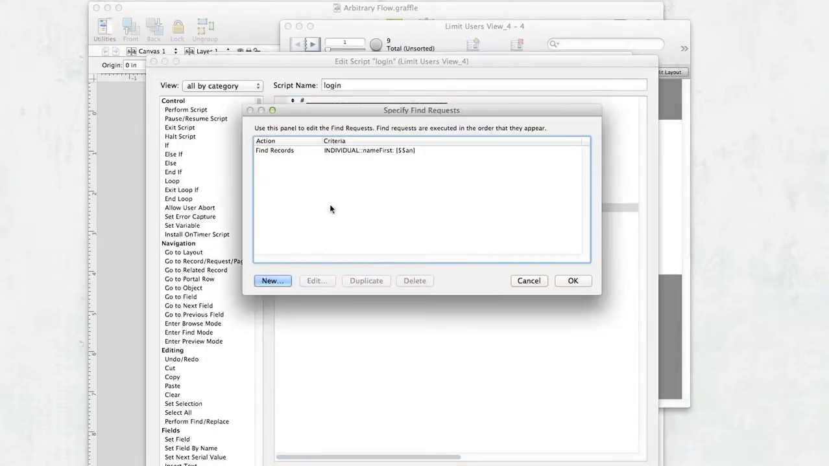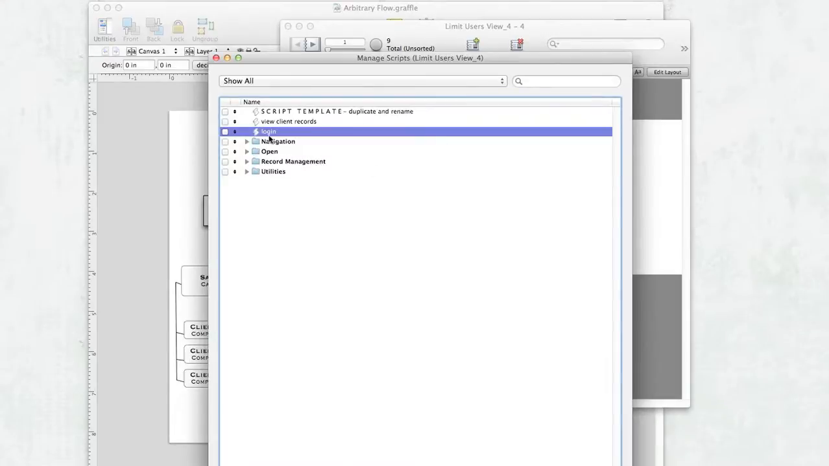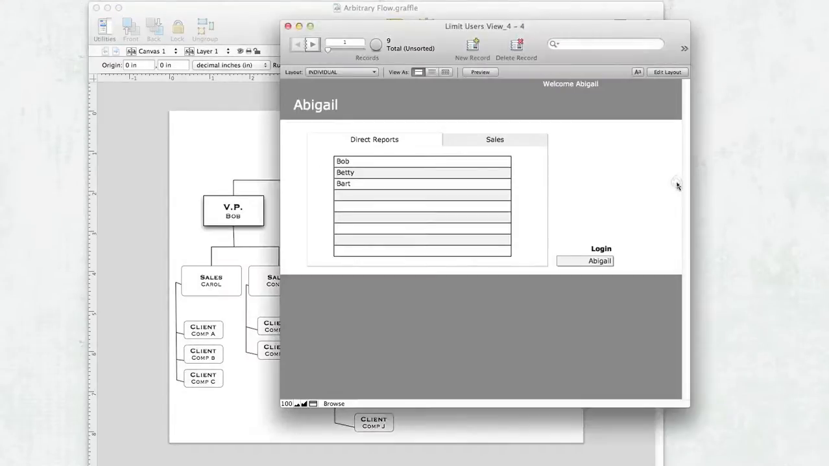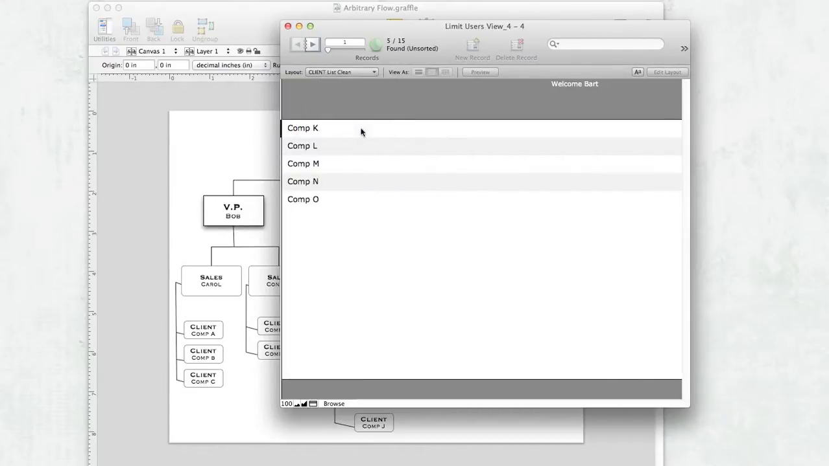I do a quick perform find here that you can see there. It's pretty simple. And that's how that works. So the only other thing then is when we look at somebody, let's look at somebody a little different, like Bart. So we look at Bart and we could see all of Bart's lists, but this is rather ugly, this no access. So another way to do that is I have a different layout, and the way that I'm doing that